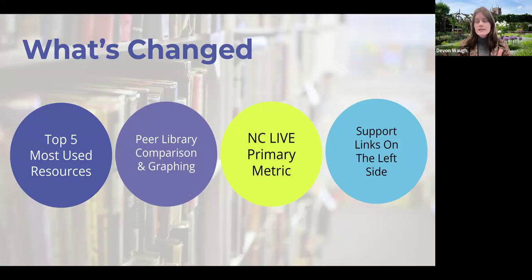And then we have this fantastic graphing feature that allows you to see change over time, which is nice because it kind of helps your eyes rest after seeing all the different numbers and tables. And you can use it to make something more visually appealing, potentially include it in those reports to county admin or trustees. One thing that we've added is your report will show the NC Live primary metric for that